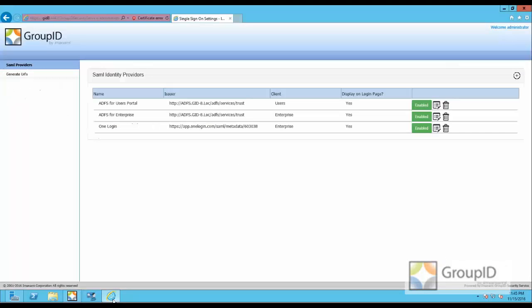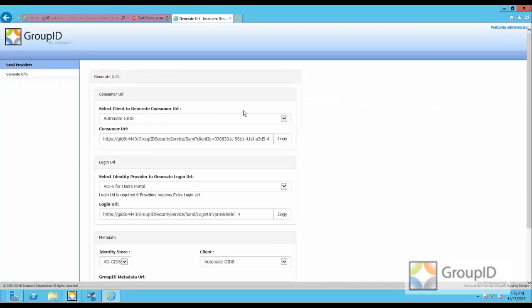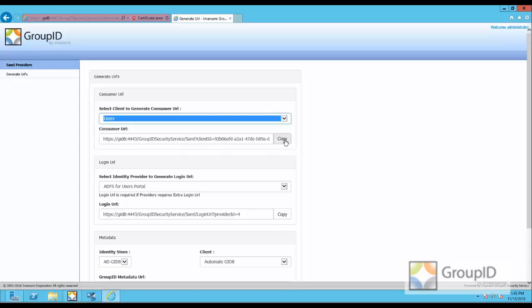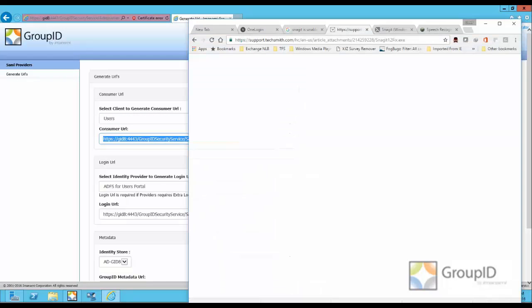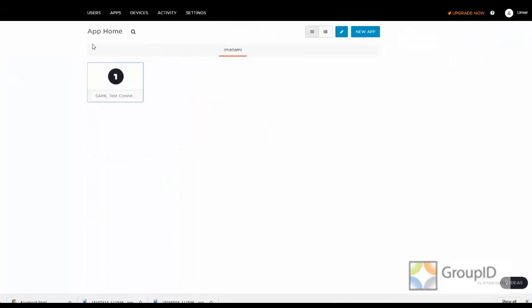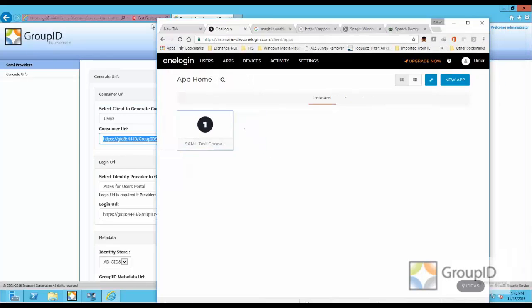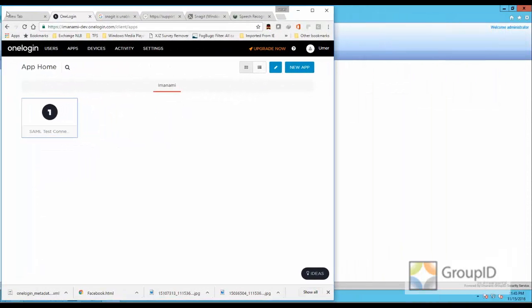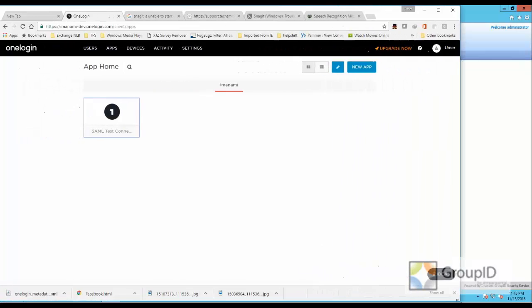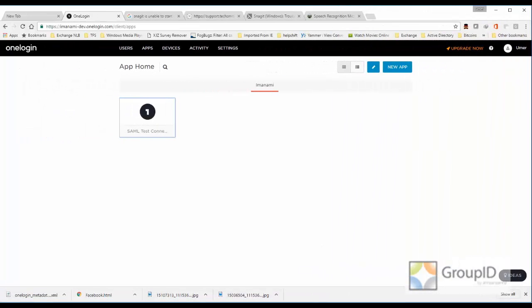Now going back to the browser, just going to quickly look at the Generate URL tab, select my application and copy this consumer URL. Now I'm going to open OneLogin. This is the home screen for OneLogin, and I'm just going to bring it in the window so it is easily viewable. Okay,